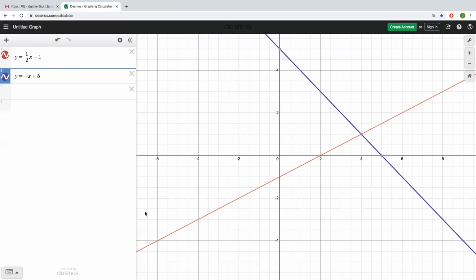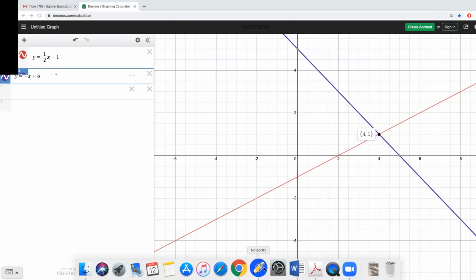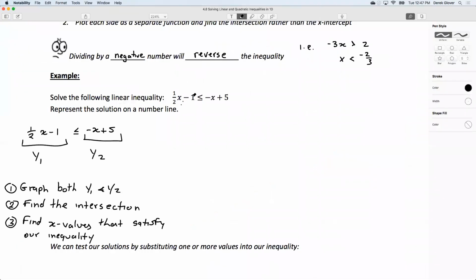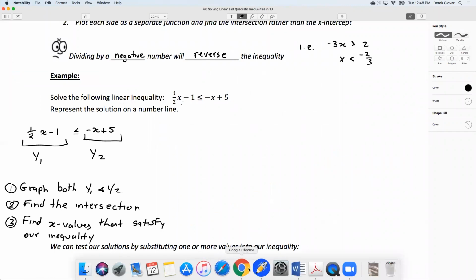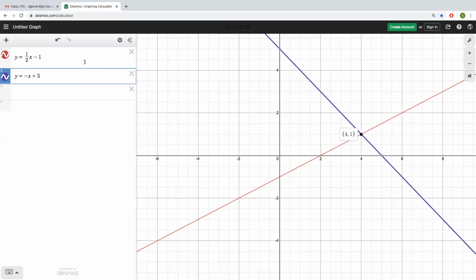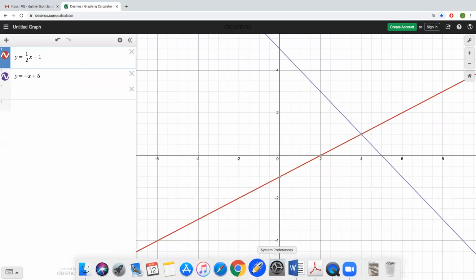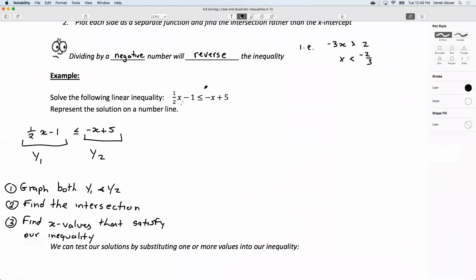So now we've got two functions, okay? We can tell where they intersect each other; the critical value is 4 and 1. And now this is why this technique is a little bit trickier. You've got to make sense of what you're being asked. So going back to our question, 1/2 x minus 1 has to be less than or equal to minus x plus 5. So what that means is this first function, this red function, has to be less than or equal